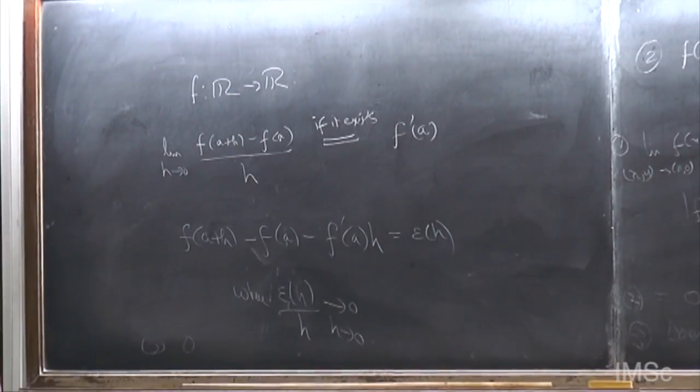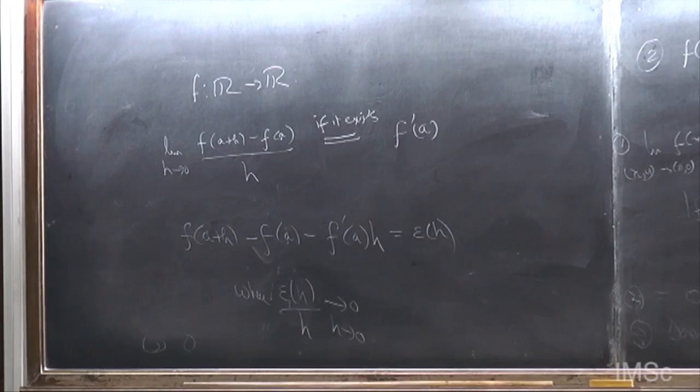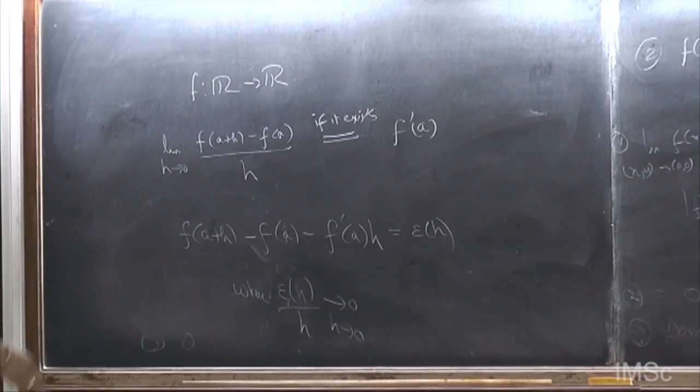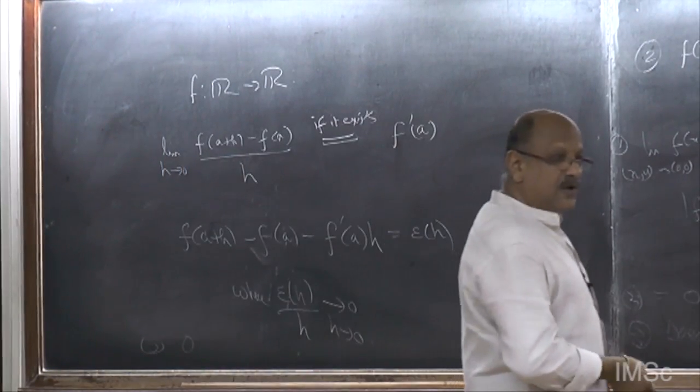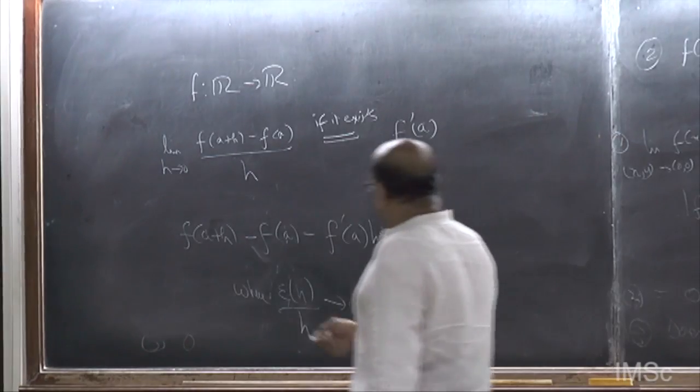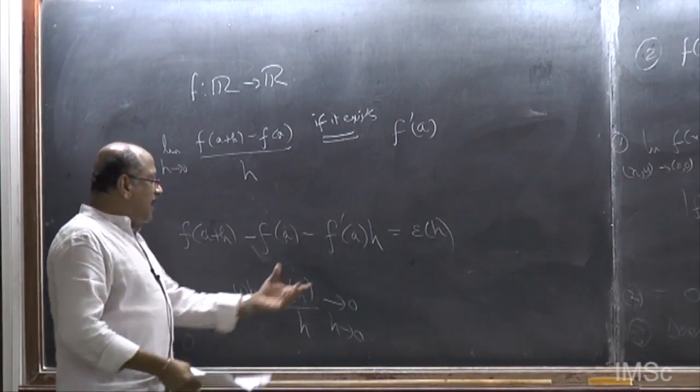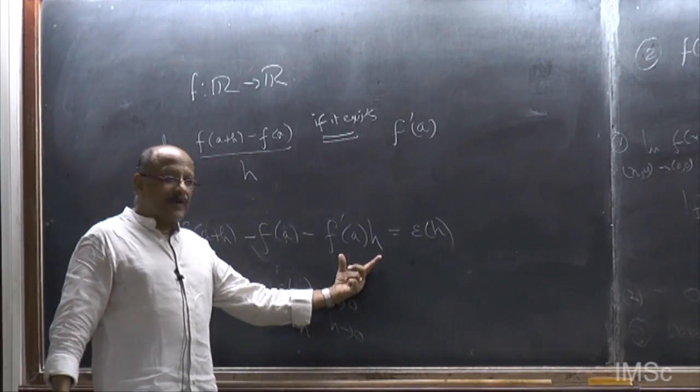This is the equivalent definition for the derivative. This is the starting point of the Taylor expansion. This is where you start from. So, you write f of a plus h minus f of a and linearize it, replace it by a